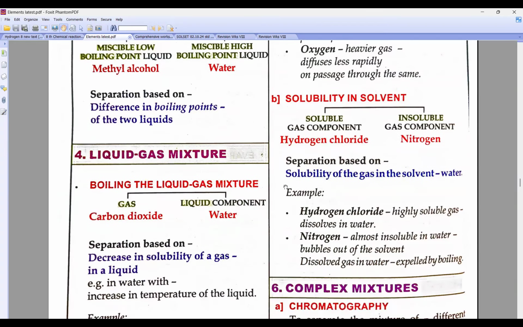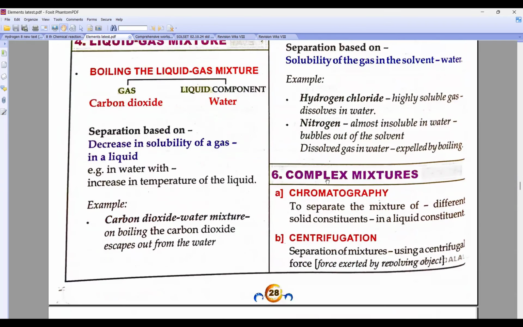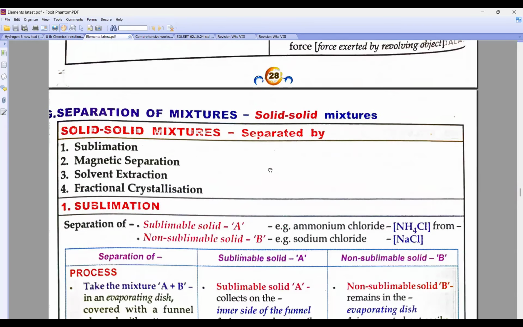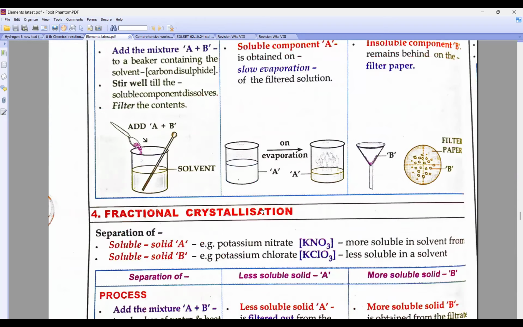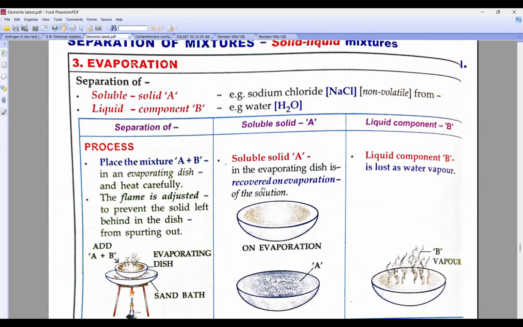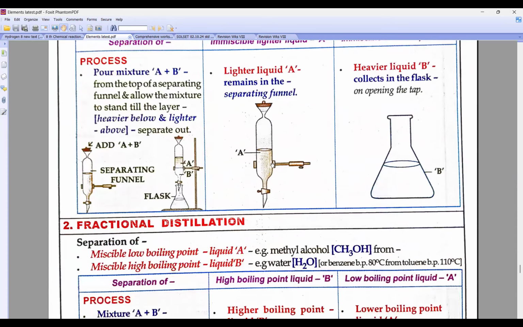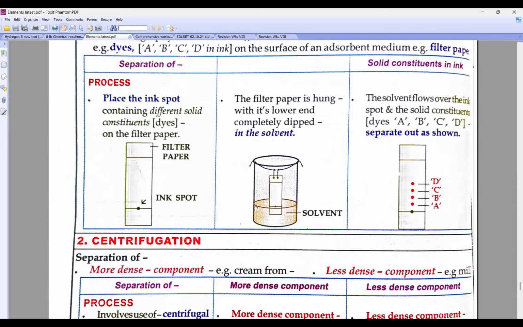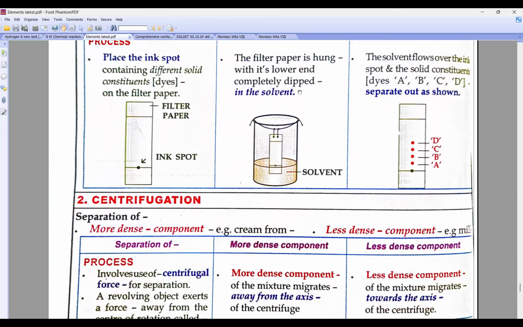राइट. चलो, नाउ देन वन वी हैव कॉम्प्लेक्स मिक्सचर में हम लोग क्या यूज करेंगे बेटा, क्रोमेटोग्राफी. योर इंक होता है अपना ब्लैक पेन का. तो उसमें बेटा, इट इज अ मिक्सचर ऑफ डिफरेंट डाइज, अलग अलग कलर को मिक्स करके हम लोग बनाते हैं उसको. ये देखो यहां पर हम क्या करेंगे बेटा, ये मेरा पेन है, इसका मैंने यहाँ पे ब्लैक स्पॉट लिख दिया. फिर यहाँ पे मैंने इसको इमर्स किया, लोअर एंड तक ही वाटर था यहाँ पर. ये पेपर को हम लोग कहते हैं क्रोमेटोग्राफ.